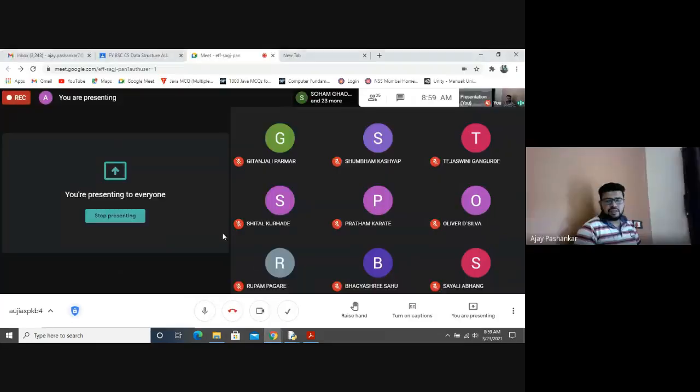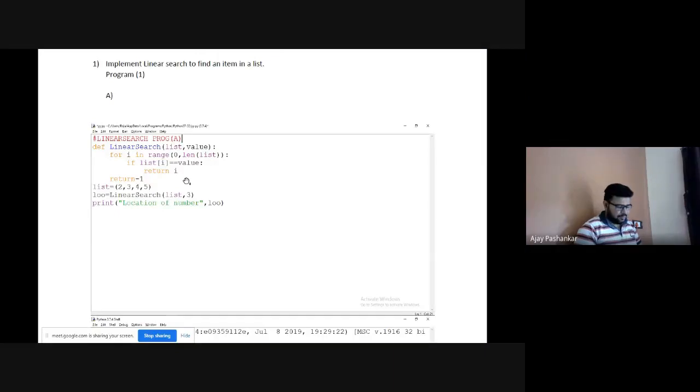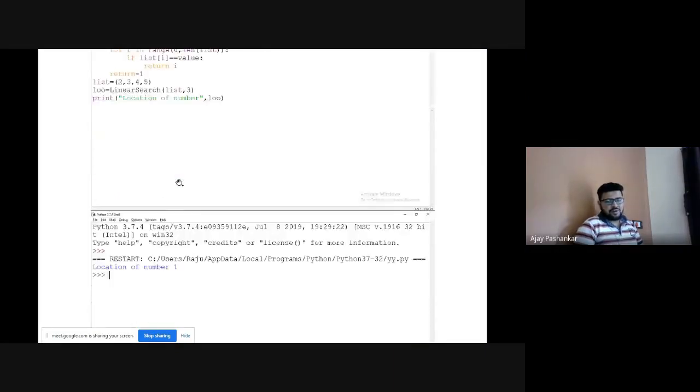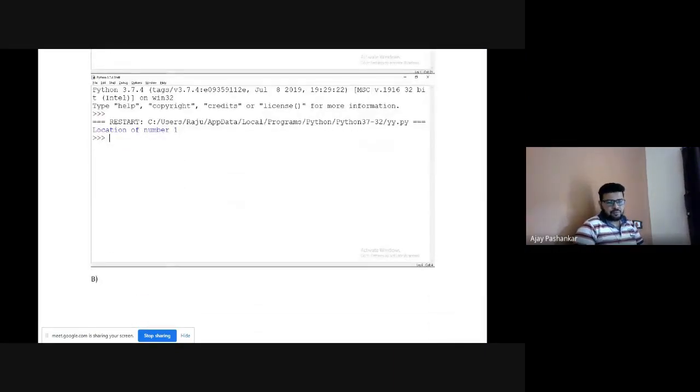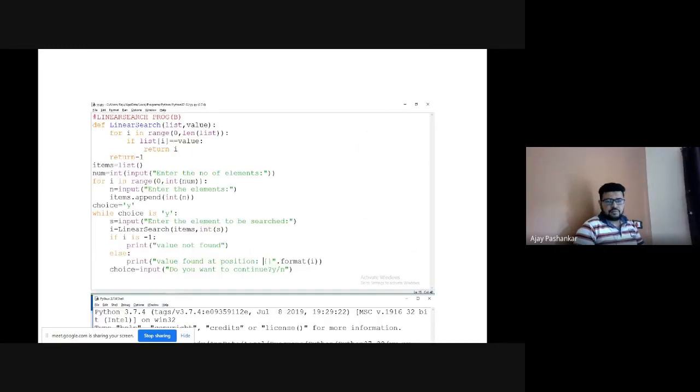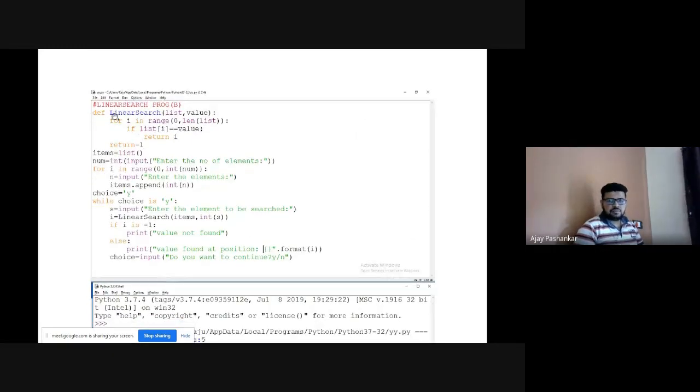Just raise your hand. Don't speak in between, please, since it is recorded. Okay, no issue. So moving ahead, we have another way of doing the same program: linear search, list, value, length, same, no issue.